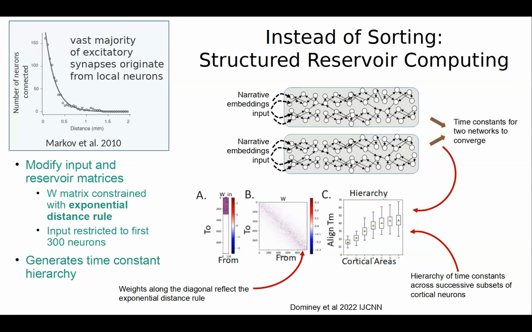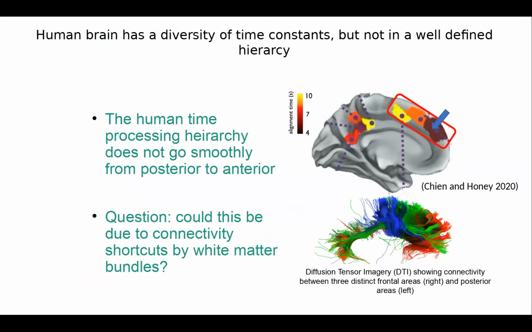If we just take the integration time constants for arbitrarily sized groups of neurons binned into groups based on their distance from the input, then we see this nice hierarchy of time processing, time constants for narrative processing in this hierarchy. So that's interesting, but we know from the human neuroscience studies that the story is not quite so beautiful as